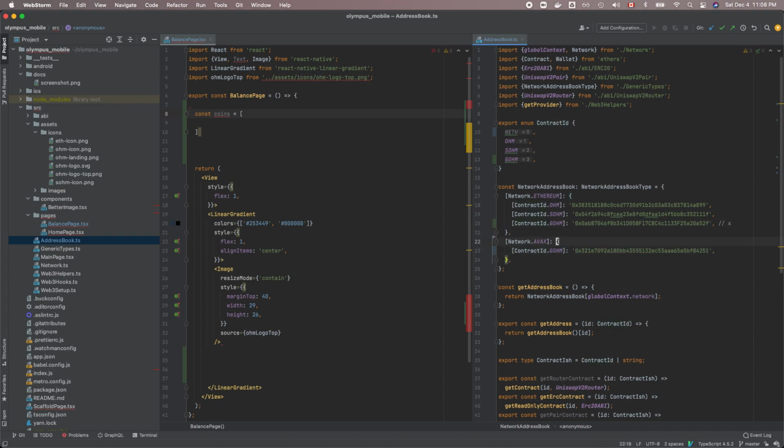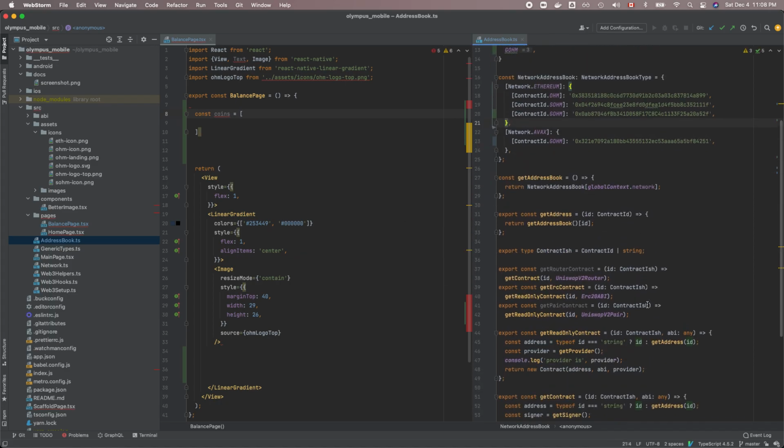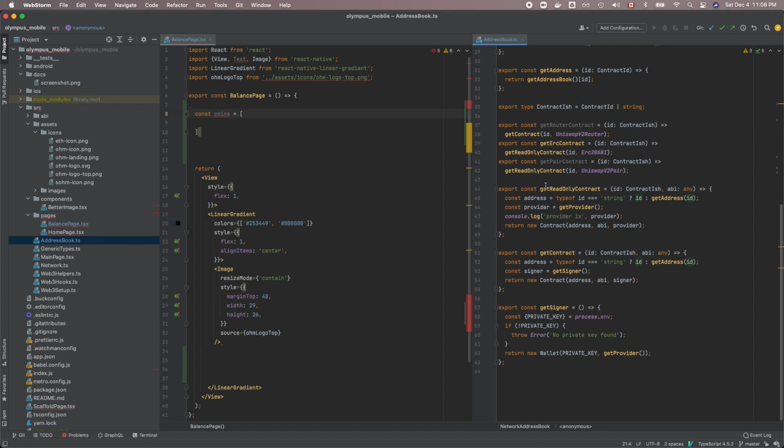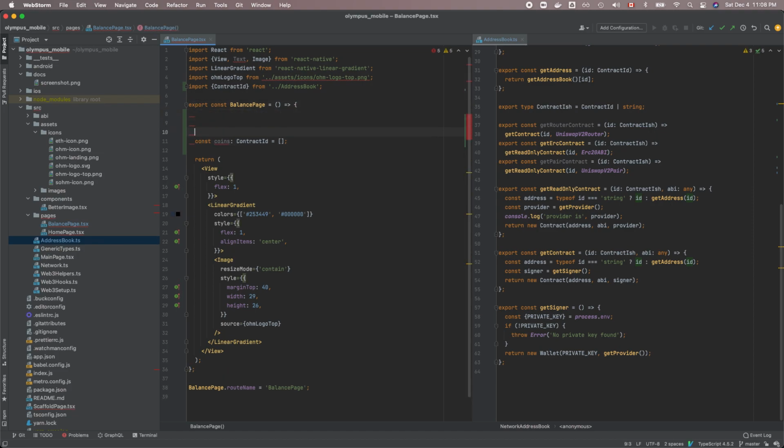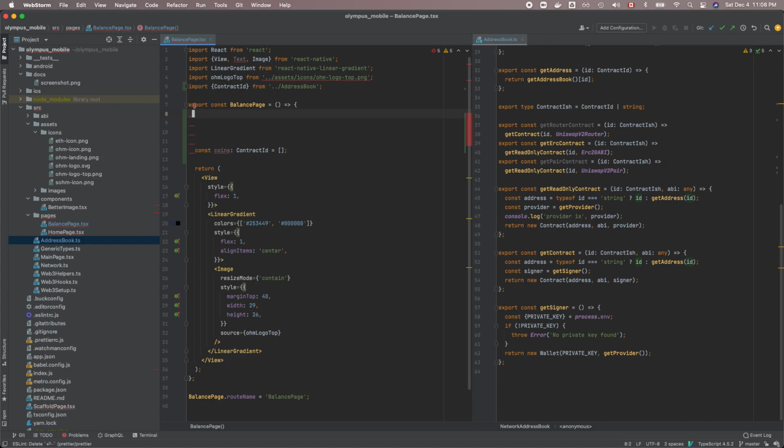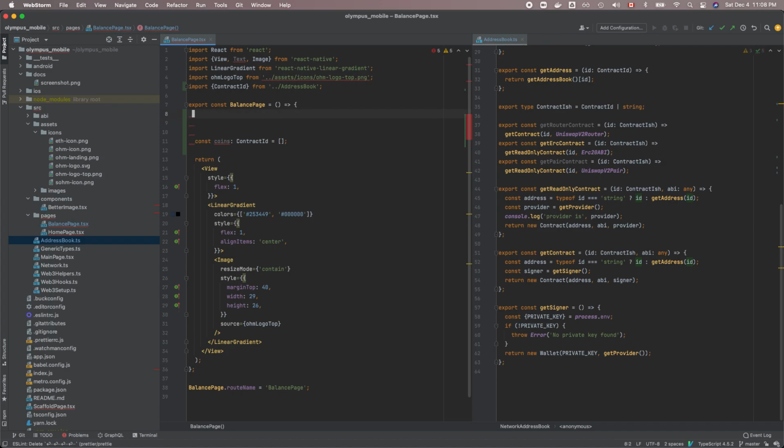So I can now remove these comments. All right, cool. And we've got the ERC20 contracts and everything. So let's just put the IDs only. So contract ID, and then I think it makes sense to keep a coin lookup based on the network, because some of these coins don't exist on the network. So const coin lookup is a